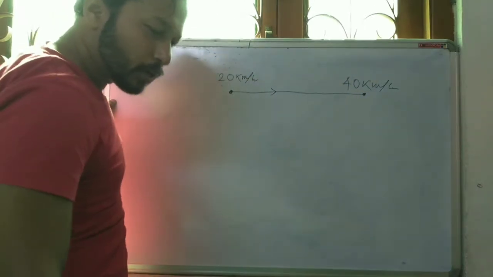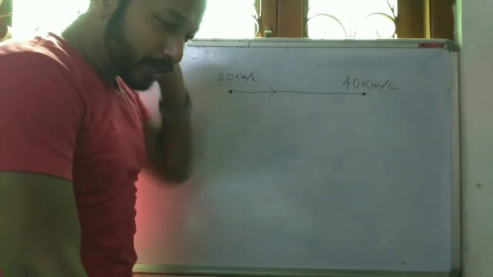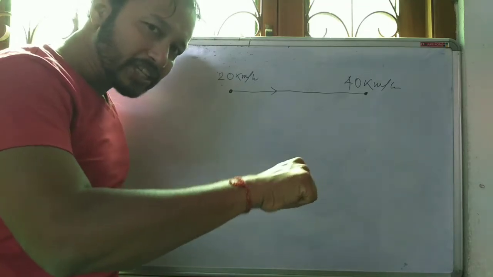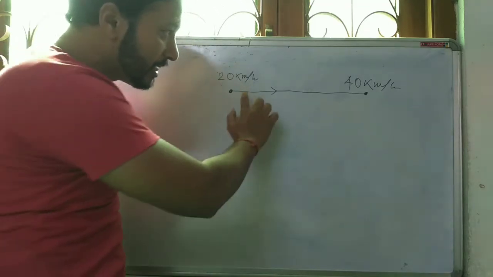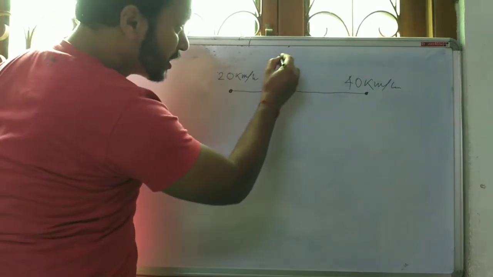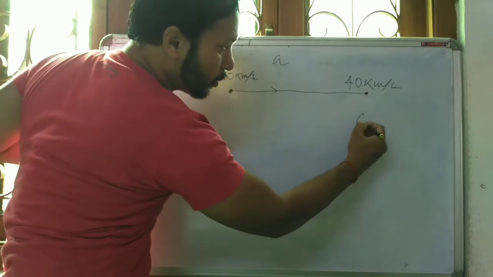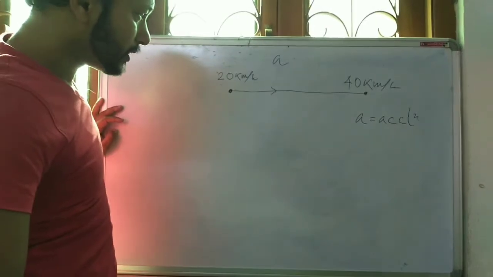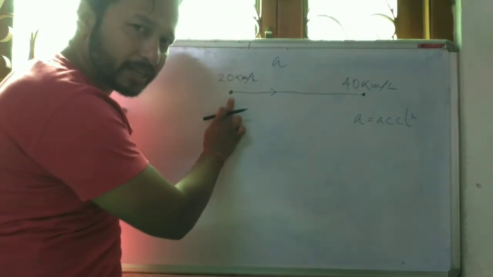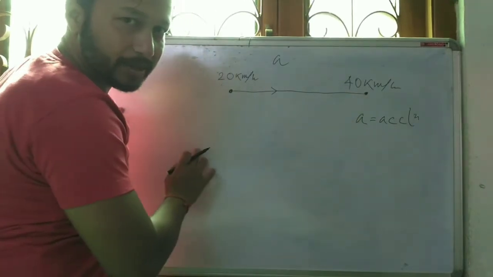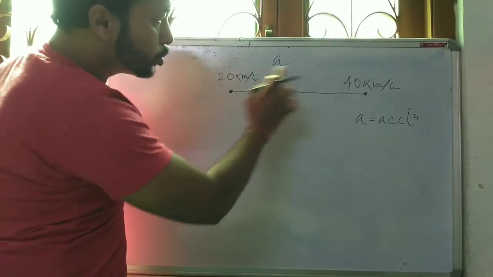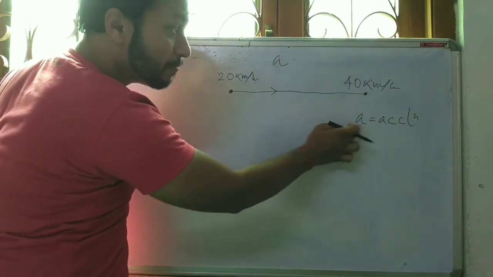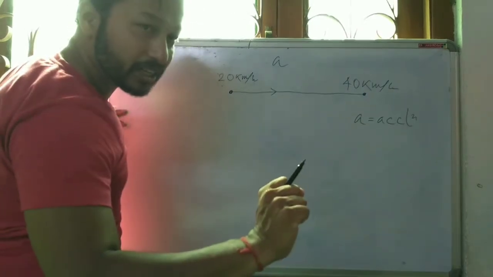You might have observed how you increase the speed of your scooty by giving acceleration. Yes, acceleration is the term by which we increase the velocity. So we got a term called acceleration. This was my initial velocity and this is my final velocity. From initial velocity to final velocity, the speed has increased, which means I have given some acceleration.